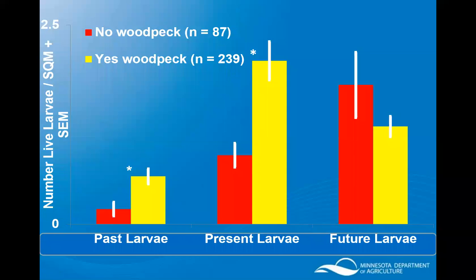So that is important from a sanitation standpoint, that we have a cue that's going to help us pick out trees that are going to remove more beetles from the population if we prioritize removing those trees. And then not so good for finding those smaller instar larvae. So trees that have perhaps mostly smaller instar larvae, perhaps they haven't been infested as long, perhaps woodpeckers have not discovered them yet, we didn't see any difference between trees that had symptoms and trees that did not have symptoms. So not a great indicator for those trees, but again, from a sanitation standpoint, it did do well at indicating